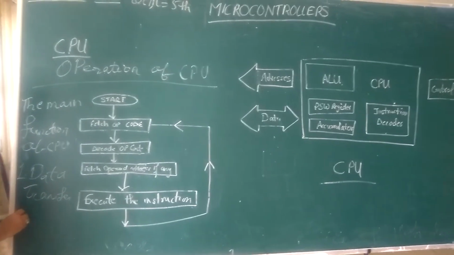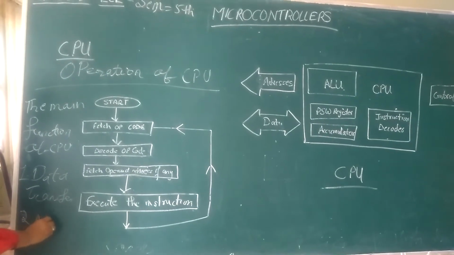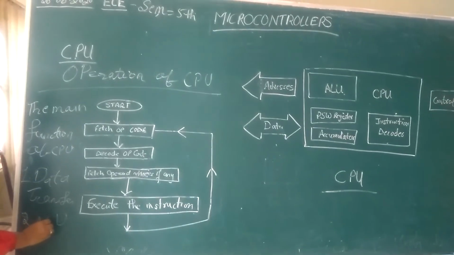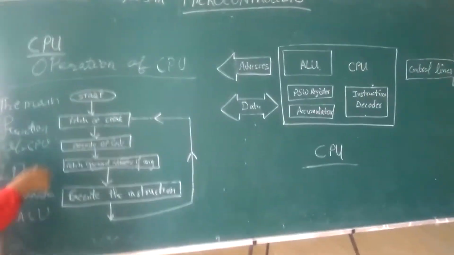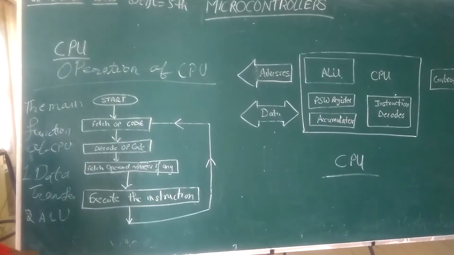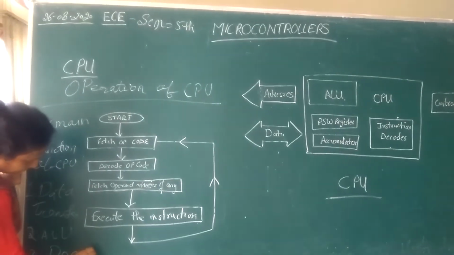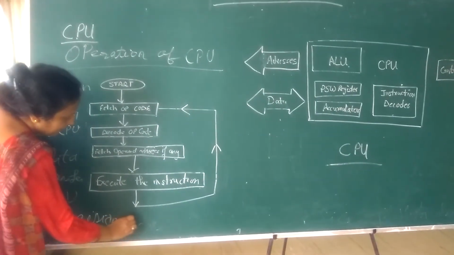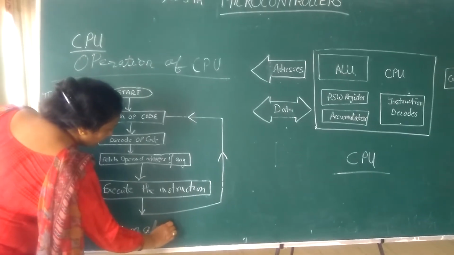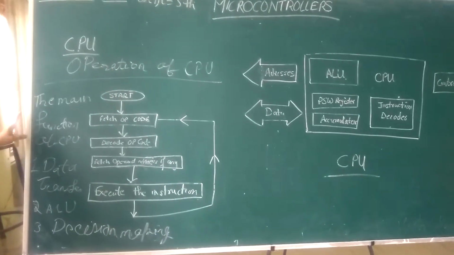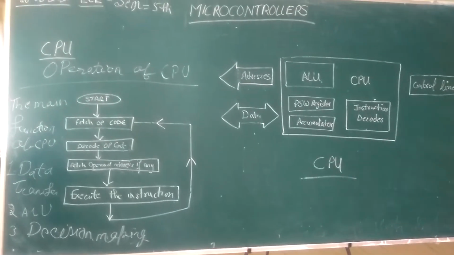ALU operation means arithmetic and logic operation. All arithmetic and logic operations will be done by the CPU. And number 3 will be decision making. Decision making means which command you have to give and which command is not required, is all done by the